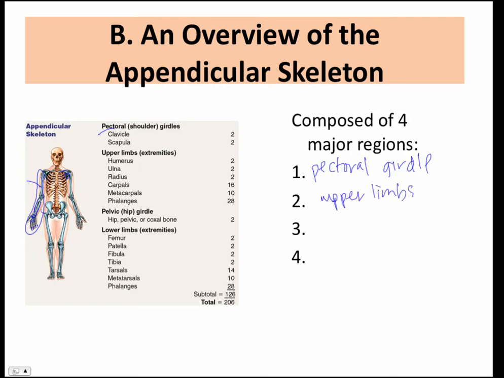Third region we have are the pelvic or hip girdle. And this is comprised of 2 bones, our coxal or pelvic or hip bone, so different terms for that. And then finally we have the lower limbs,